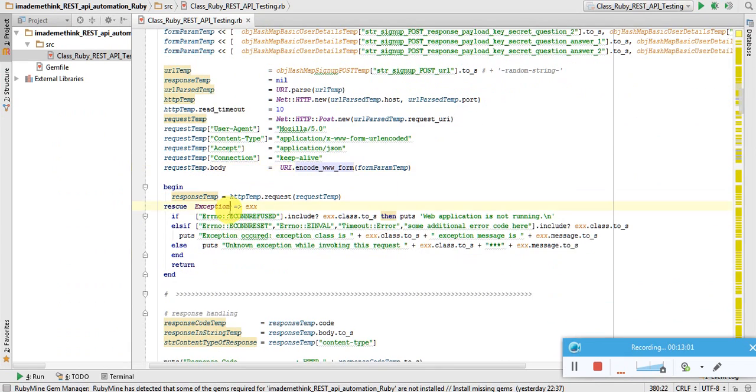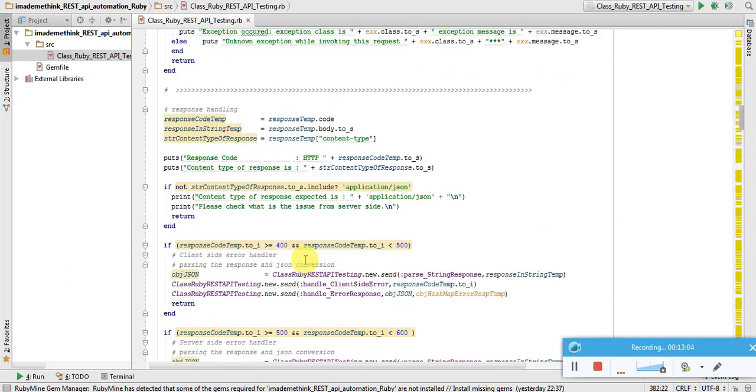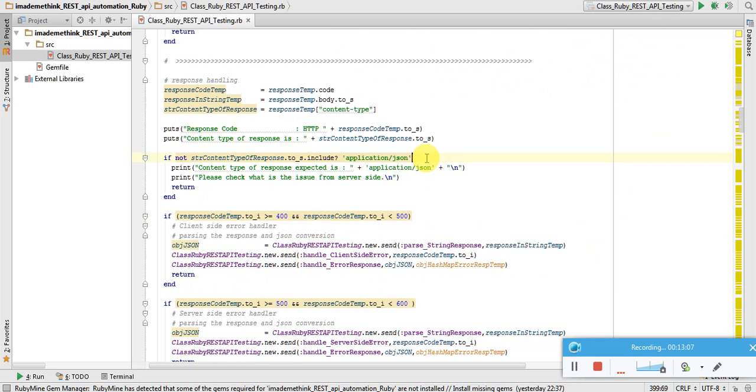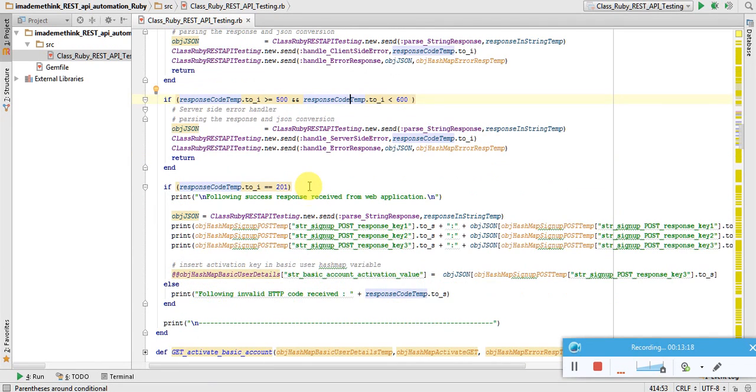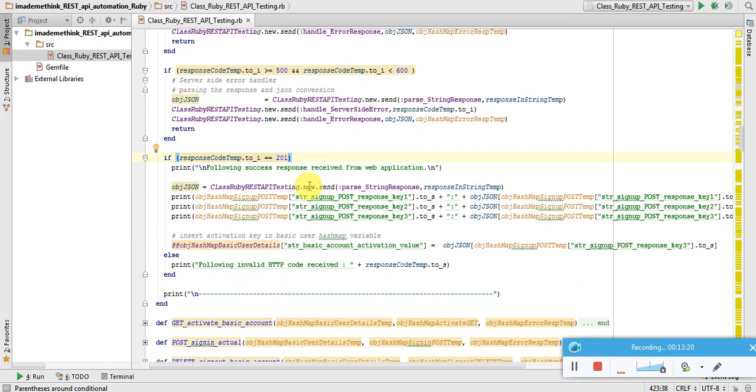And similarly, we have this raising request, exception handling, handling the status code sequence. So first we will check the response content type. If it is JSON, then only we will proceed. If it is a 400 error code, we'll handle it here, 500 series here, and 201 or success series. So as per the standard HTTP status codes, now this is a post request, meaning we are creating a user, or we are updating one database, or we are creating a resource at the backend. So we should expect 201, that is created, as a status code. So I have handled it here, and this is the response I am parsing as JSON.